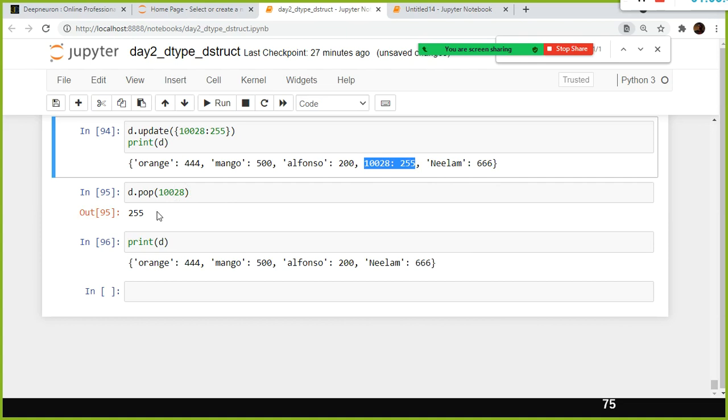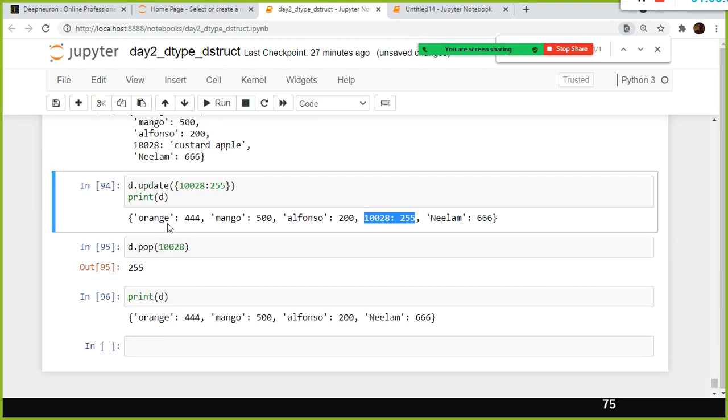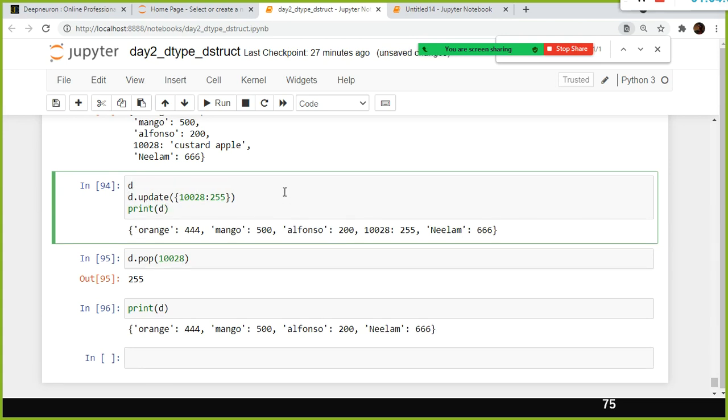Both the key and value pair get deleted. So this is how you can delete a specific key value pair. And also if you want to modify, you can use d dot update, or instead of this you can use the assignment, d square bracket 10028 equals 258. That is another alternative way of doing it.